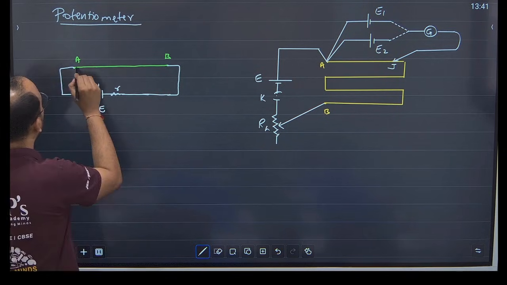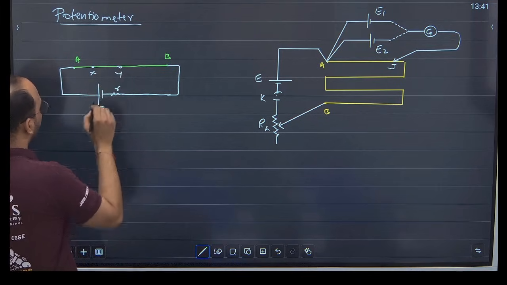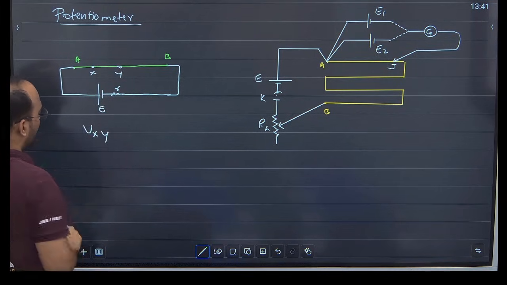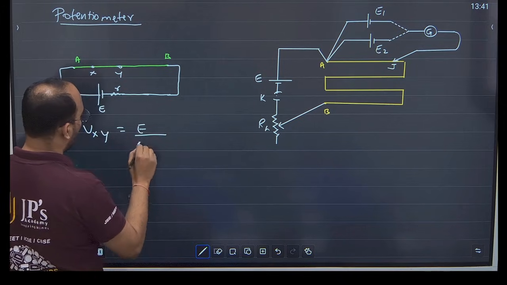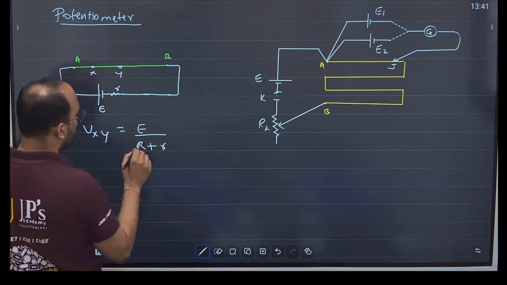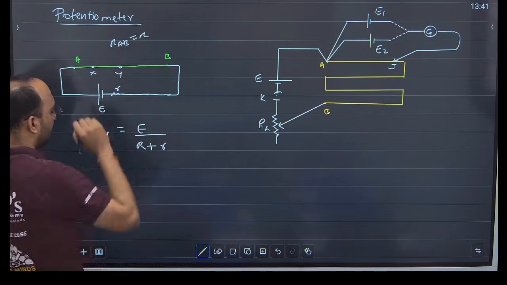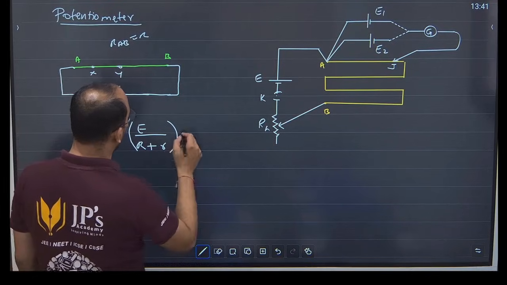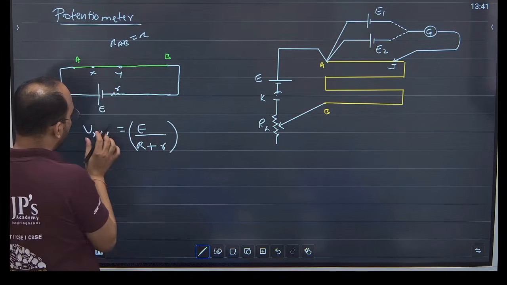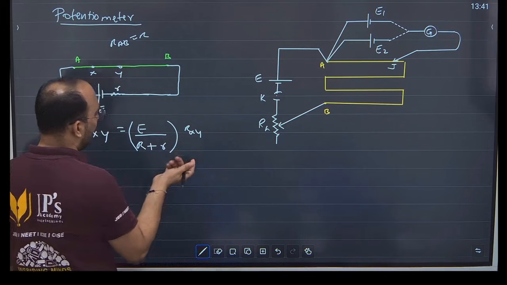If you take any 2 points on this wire, okay, let's call it XY, then voltage across XY जो लिखेंगे वो कैसे लिखेंगे देखो, it will be written as E upon R plus r. What is capital R? It is resistance of wire AB, okay, ठीक है, into R. V is equal to I, this is the I and this is the R XY, and then R XY,